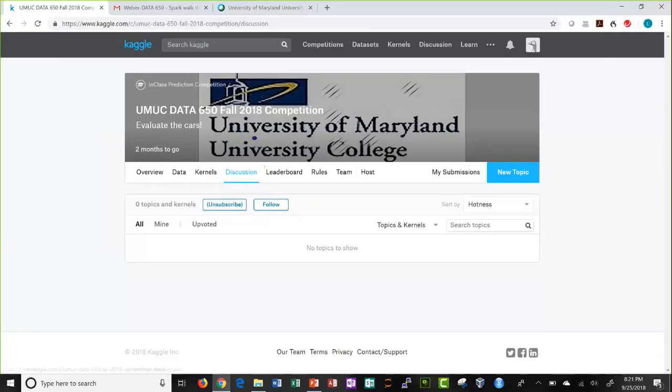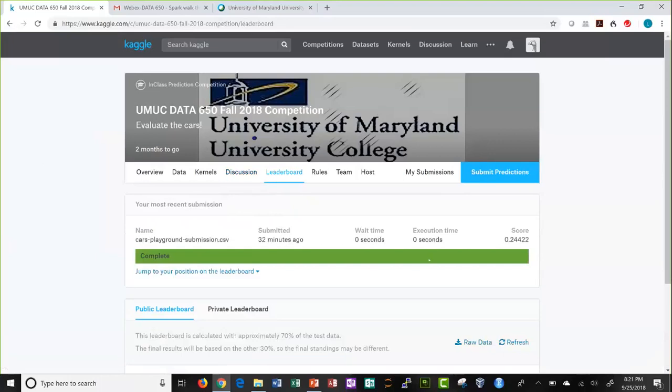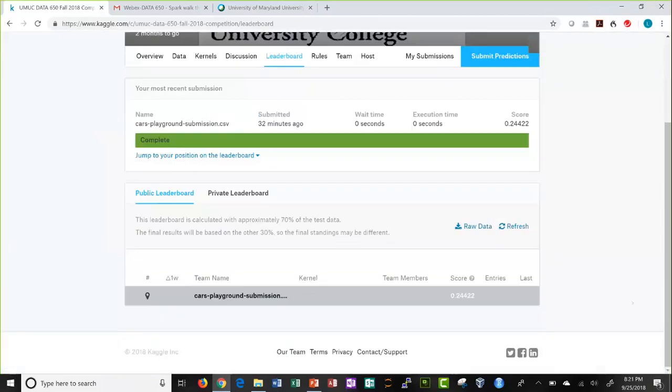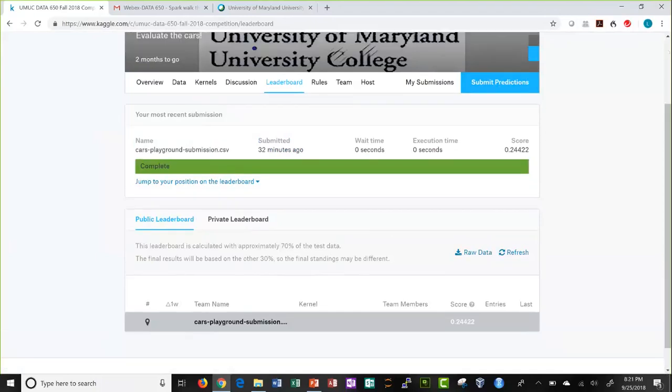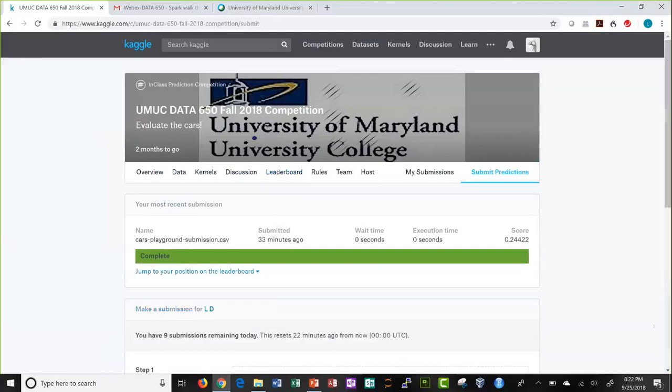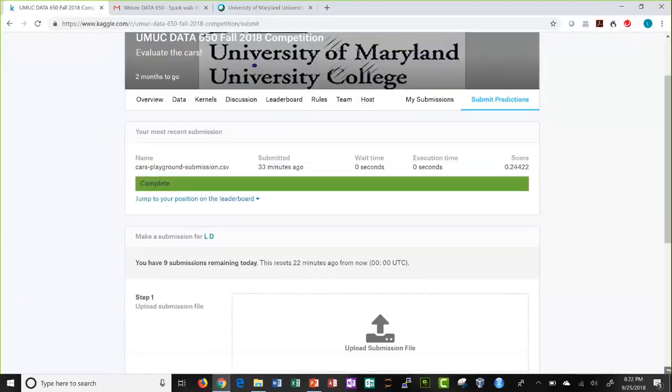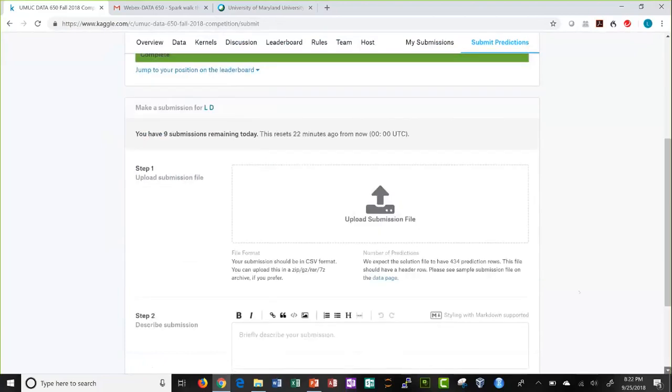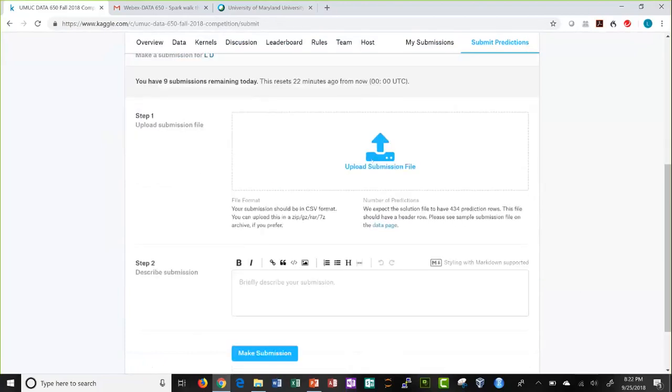The leaderboard shows, when you do your submissions, who all the folks are, what submissions have been made, and what the score is. As soon as you submit predictions, once you've gone through all the steps and created a submission file, you come here to submit your predictions. When you click on submitting the predictions, it will display an area where you can upload your CSV file.